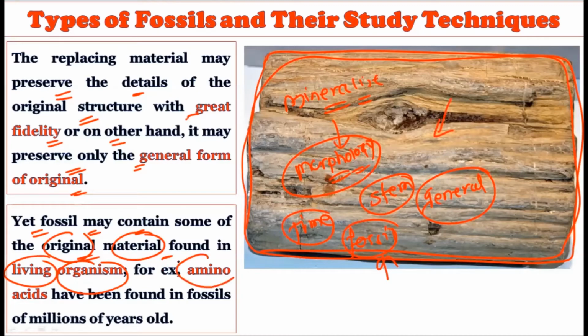For example, amino acids have been found in fossils from millions of years ago. Amino acids are the building blocks of proteins. These are found in fossil records which are millions of years old, so the amino acids still got preserved inside these structures. It all depends on when you find the fossil record, and if you find it as early as possible, you will find some amount of organic and inorganic content as well, if it has not become completely mineralized or petrified. So we can even try to extract amino acid-like biomolecules from these fossil records.